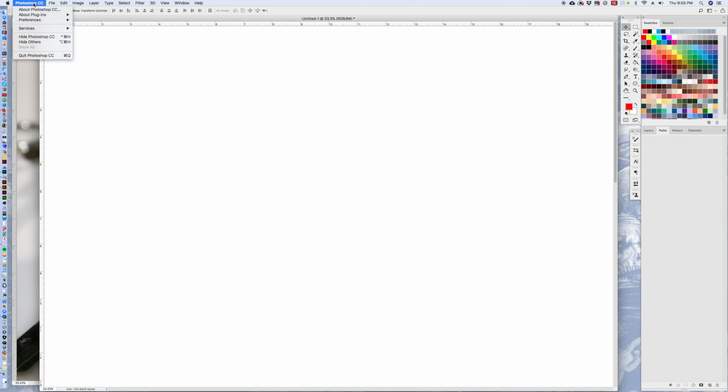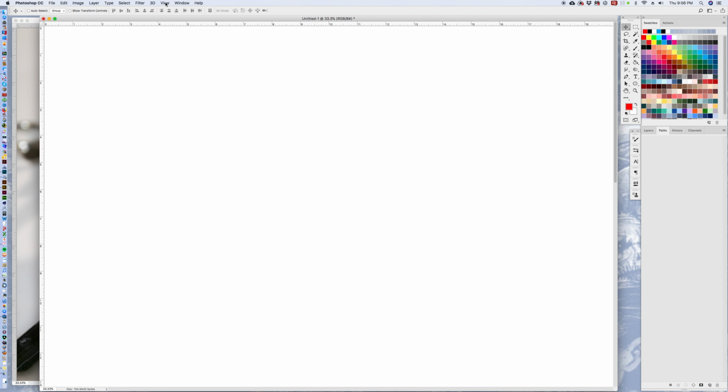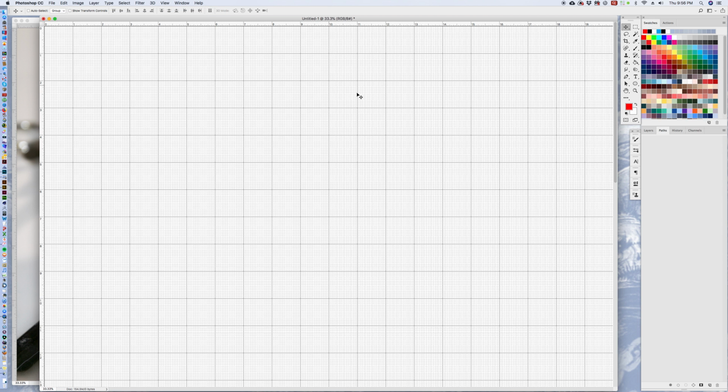Then I'm going to go to Photoshop, Preferences, and then down to Guides, Grid, and Slices. Under this dialog box, we're going to create our grid. There's a grid line every 1 inch, meaning there's a darker line every 1 inch, but we want to subdivide that into 1/16. Right now we have it on quarters. So if we subdivide it into 1/16 and hit OK, and then go View, Show, Grid, we have our 1/16 grid